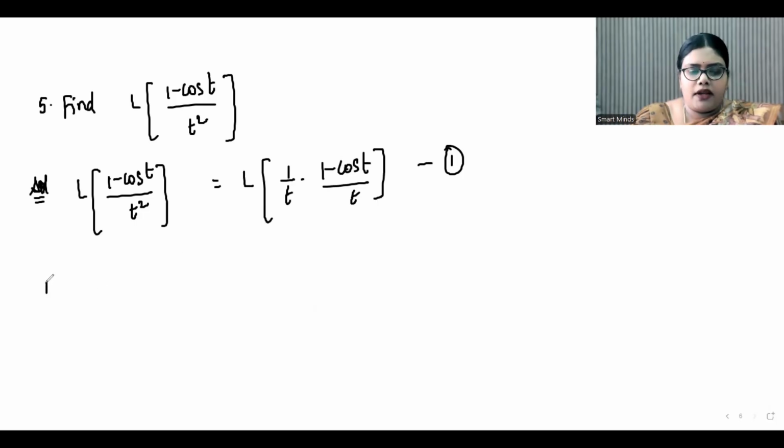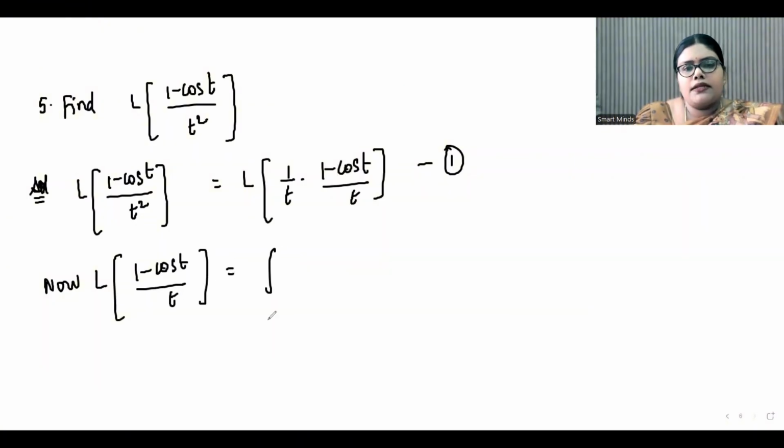First let us find out L of 1 minus cos t by t. That is integral s tends to infinity. Whenever you have division by t, you can take this. Integral s tends to infinity